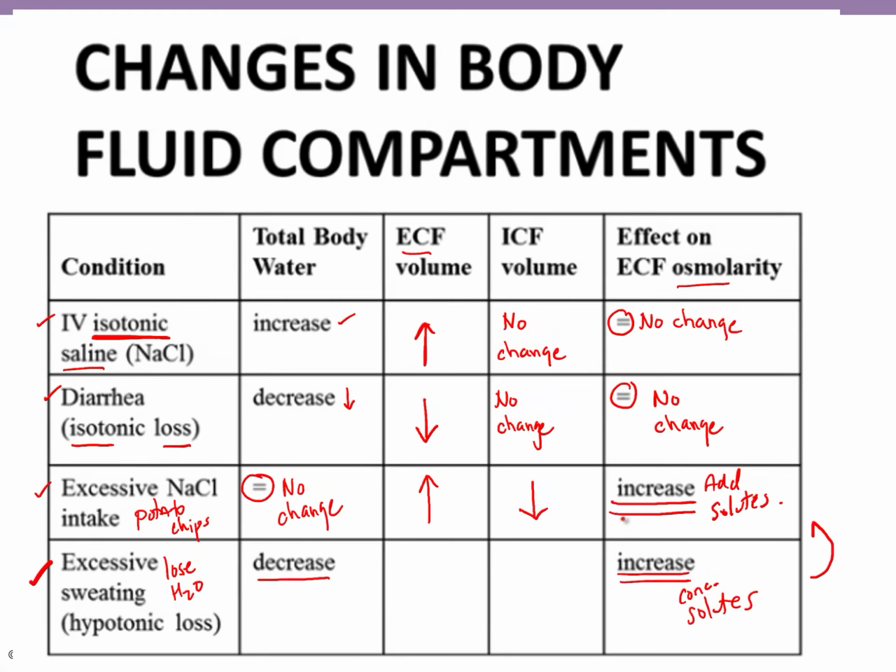So really, this scenario and this scenario is the same. So if we're concentrating our solutes on the outside of our cells, the extracellular fluid will increase, right? Because again, water moves to the side of the cell where there's more solutes. And where is the water coming from? It's coming from inside of our cells, the intracellular fluid, and so that volume will also decrease. So I hope this table makes sense to you,